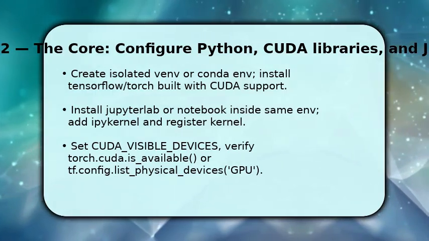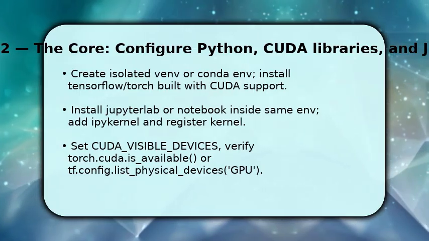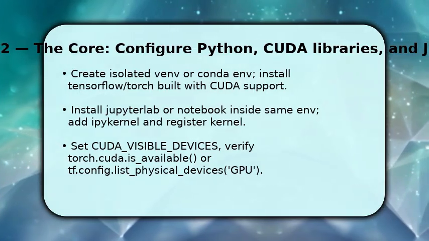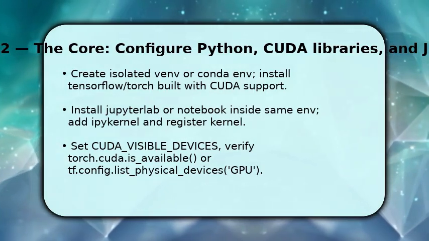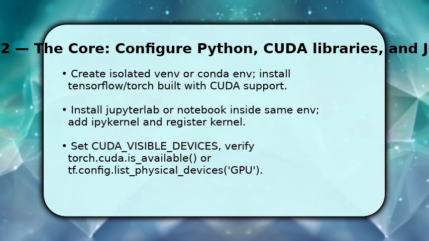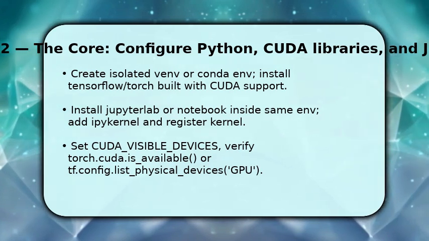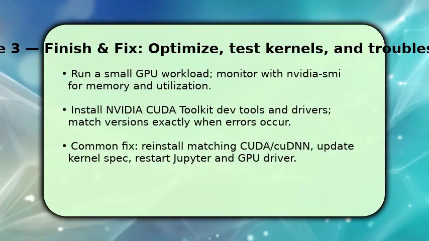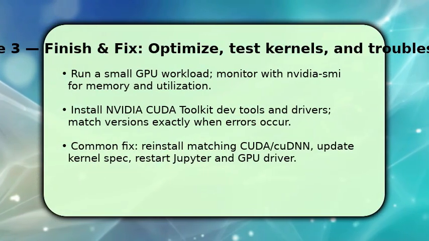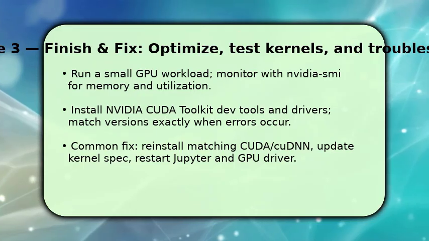Then run quick checks like torch.cuda.is_available, or TensorFlow's GPU device listing to confirm Jupyter can see and allocate the GPU. If tests pass, you're finished by running a realistic, small GPU workload and watching nvidia-smi for memory and utilization